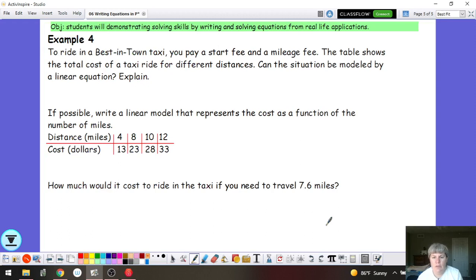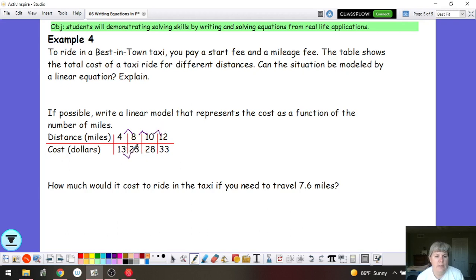And how does this work in an application? Let's take a look here at this taxi problem. To ride in a best-in-town taxi, you pay a start fee and a mileage fee. The table shows the total cost of a taxi ride for different distances. Can the situation be modeled by a linear equation? Explain. Well, to be modeled by a linear equation, we want that change in y over the change in x